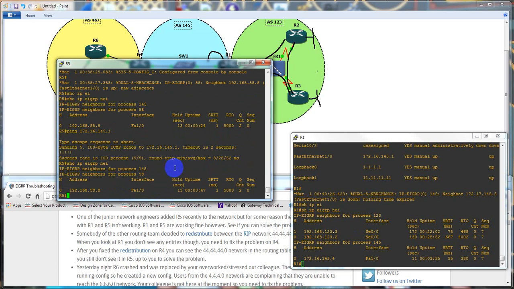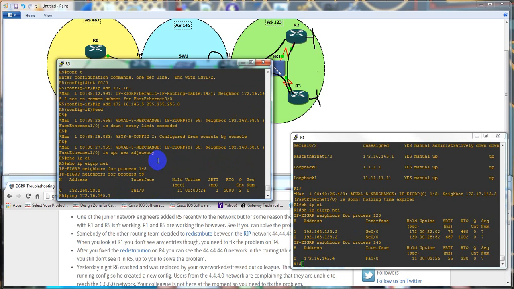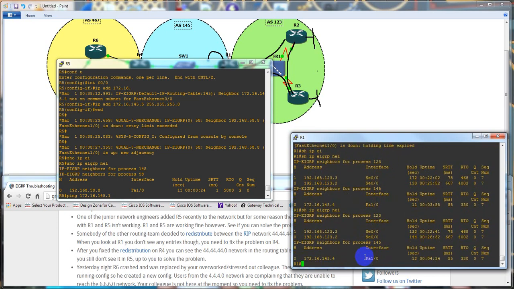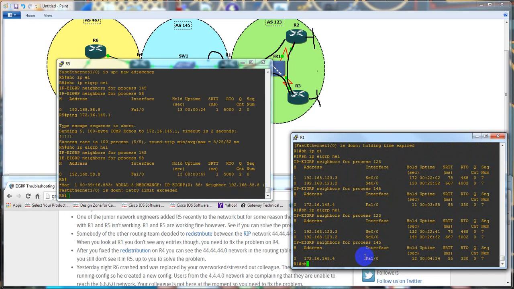Let's see here. What was the error that I was getting? It said that holding time expired. So why is that? Why did it fail? So I don't have a queue. Actually, I'm not seeing router 5 at all. Okay. So show IP